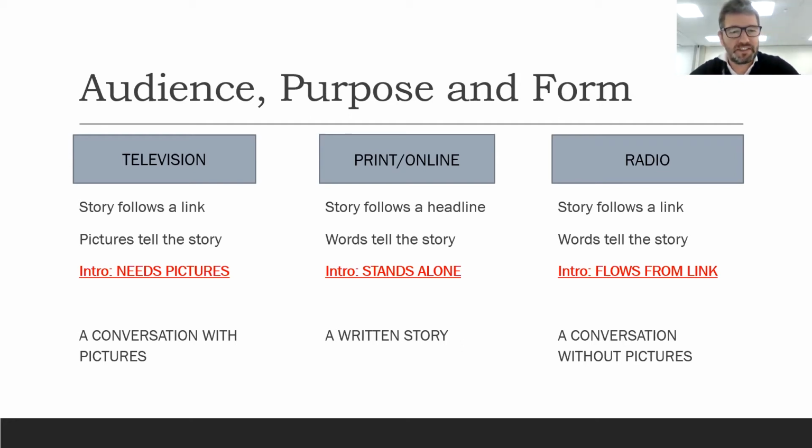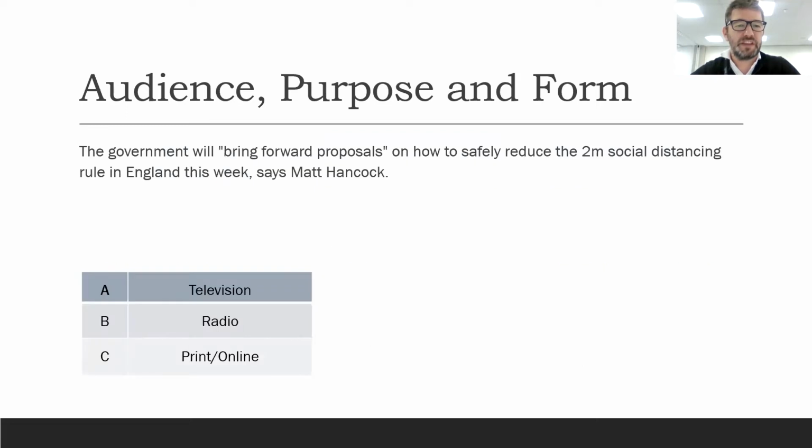And if you think about writing for TV, writing is also incredibly important for TV, because a television news story needs pictures to tell the story. It's a conversation with pictures. Have a think about this for a minute. A few weeks ago, this